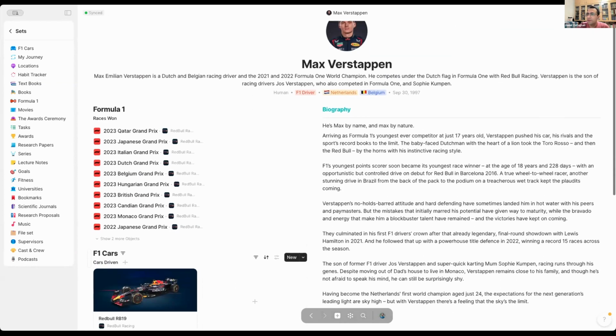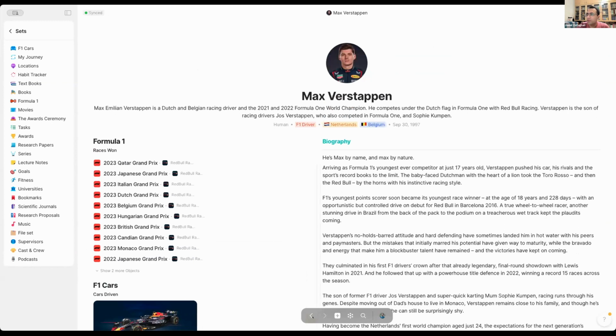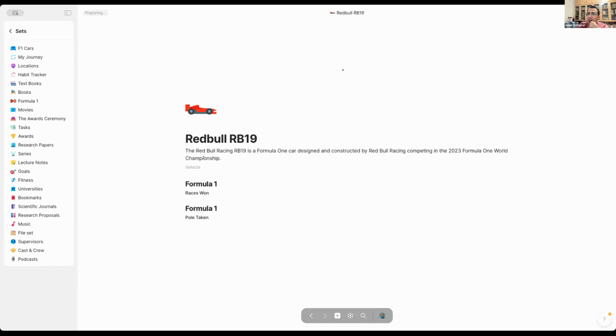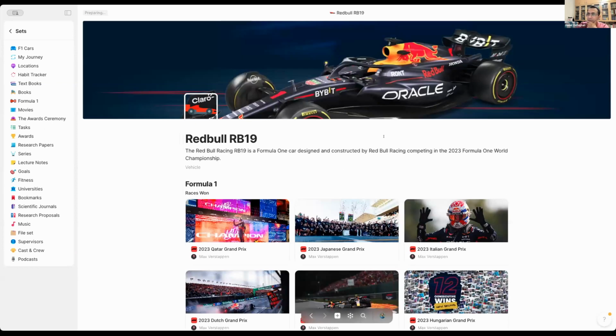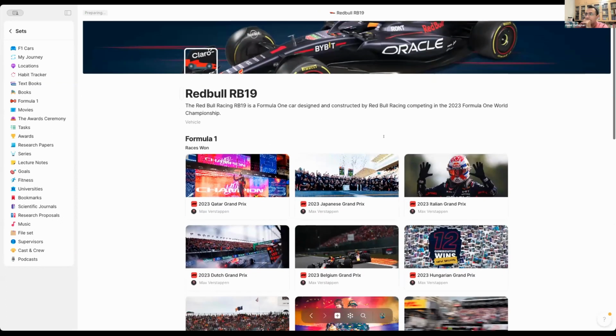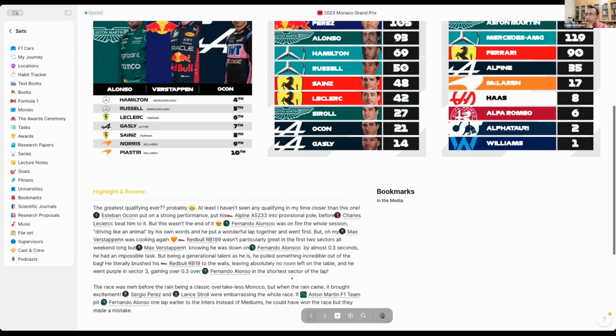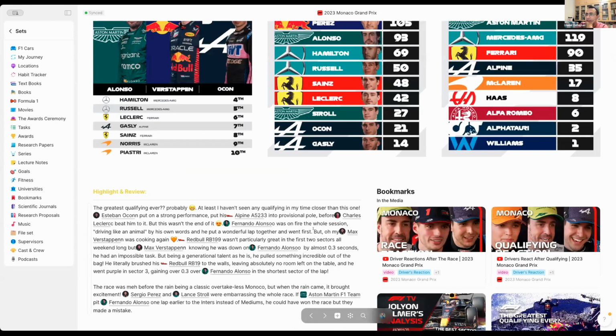And if we go, for example, one back, aside from the drivers that I have multiple pages and objects for, we also have different pages. For example, I have created a page for all of my Formula One cars. Again, some inline sets, some information that I wanted to have. And last but not least,